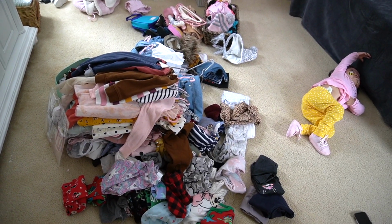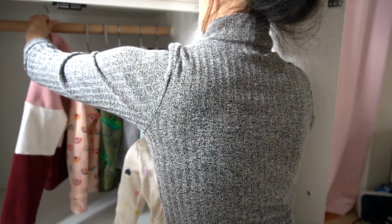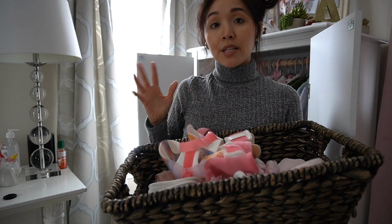I've been waiting for this for a long time. This is the pile of clothes. I don't put a lot of shoes on Ale, and that's mainly because...